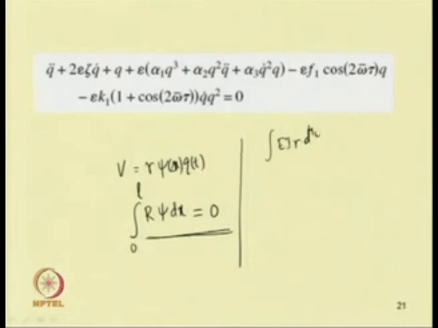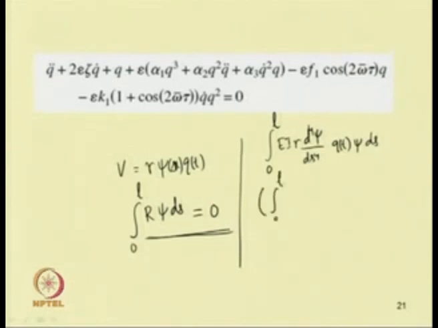So, this becomes d fourth psi by d s fourth into q t. So, we have to multiply by psi into d s. If we are taking psi as a function of s, then it will be d s instead of d x. So, now by integrating this term, one can write